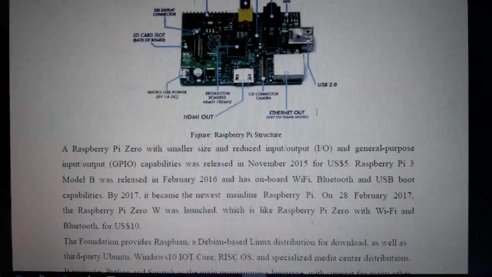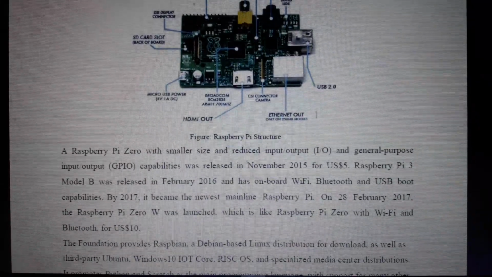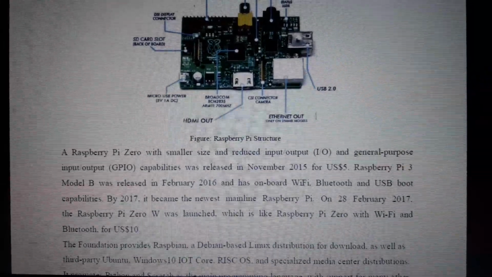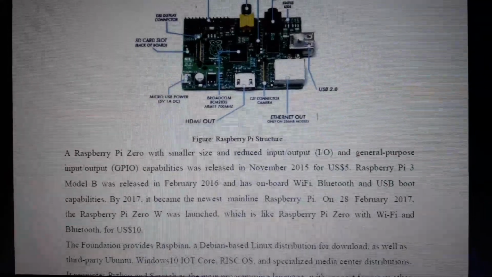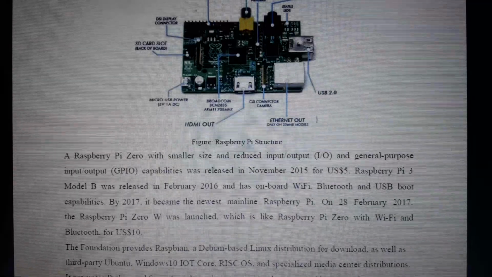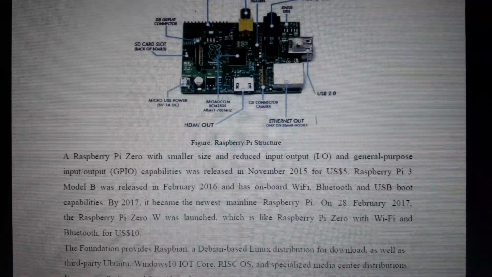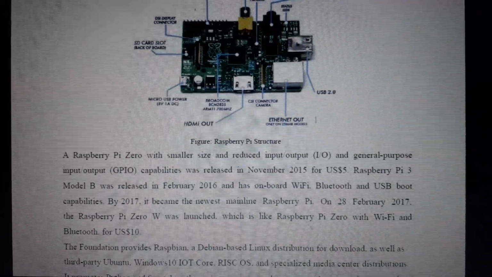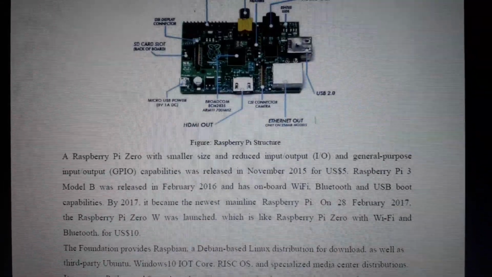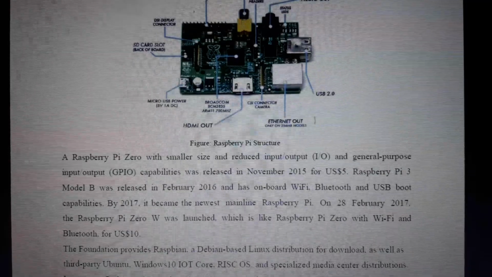Raspberry Pi 3 Model B was released in February 2016 and has onboard Wi-Fi, Bluetooth and USB capabilities. By 2017, it became the newest mainline Raspberry Pi. On 28 February 2017, Raspberry Pi Zero W was launched, which is like Raspberry Pi Zero with Wi-Fi and Bluetooth.